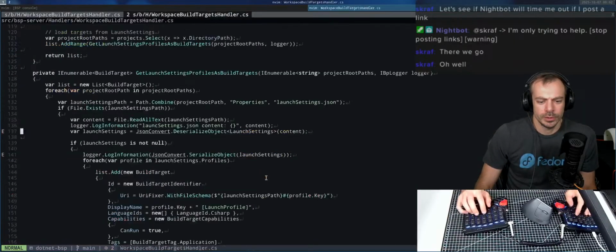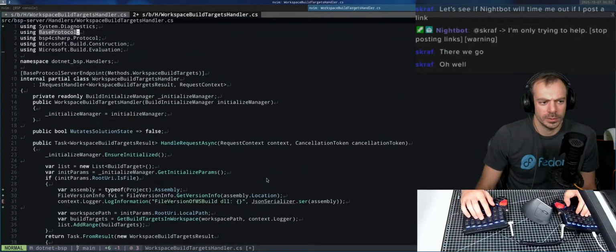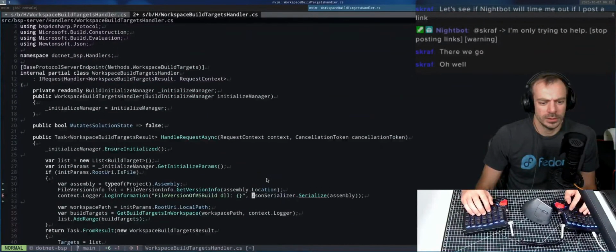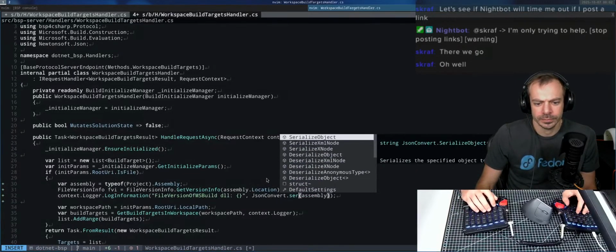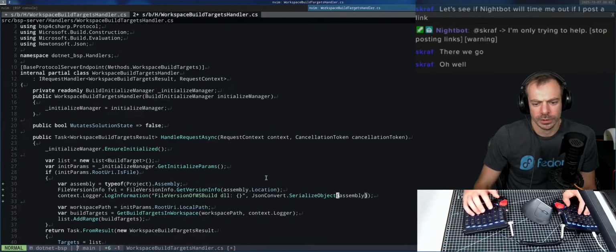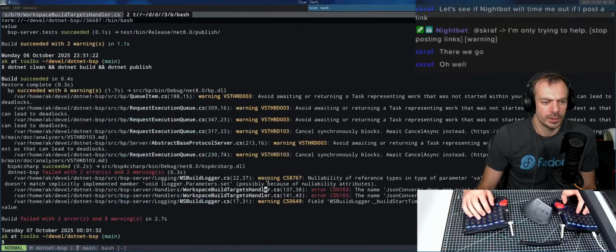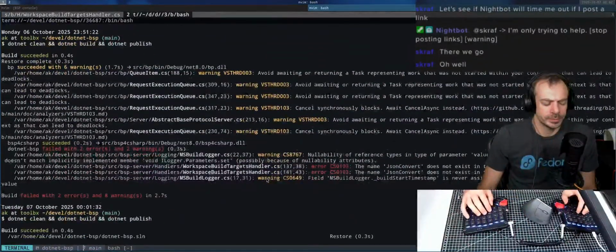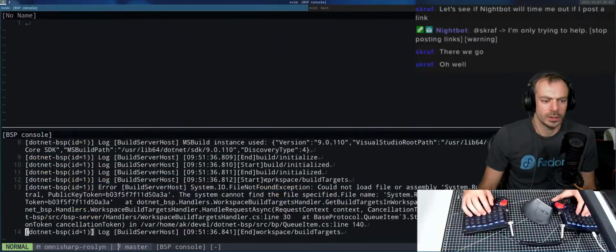JSON convert. Where are we? Oh, okay. Okay, then let's use something else here. Serialize object. That's it. Okay, then we do this instead. That this is happy. Okay, now